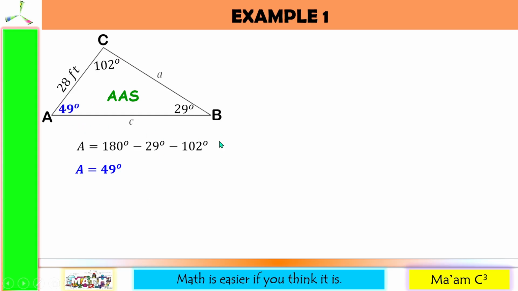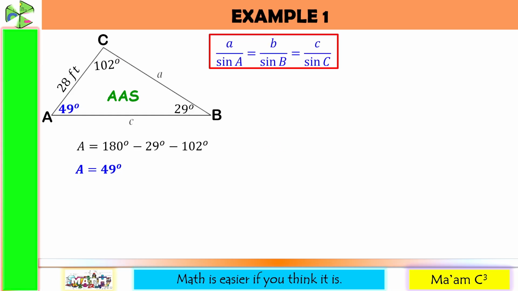Next one, let us recall our sine law. Let me explain this. You are not going to use all of this at the same time. You just have to choose two columns at a time. So for instance, you can use this two, or this two, or this two. For as long as whenever you choose, only one of these four parts is missing. Let us go back to our triangle. Oh, by the way, this is not always ABC. It depends on the label of the triangle. So in our triangle, we have two missing sides, side A and side C.